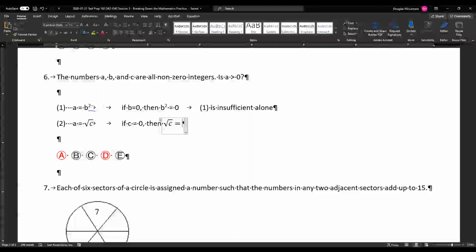What is the square root of 0? It's going to be 0. So is that sufficient to tell us if A is going to be greater than 0? No, because in fact, I found an example where it says it's